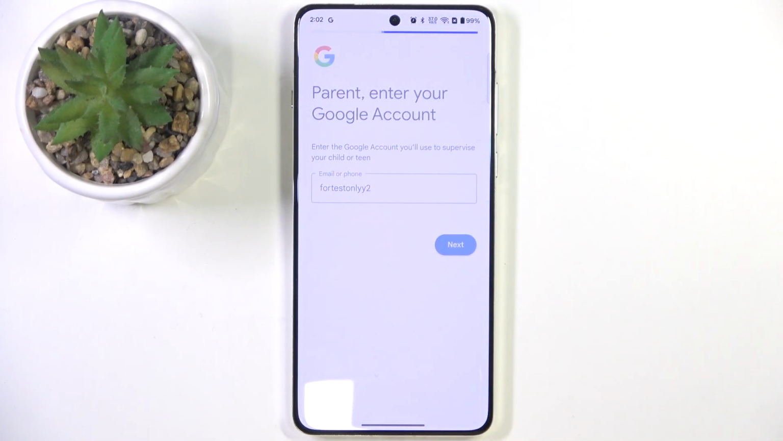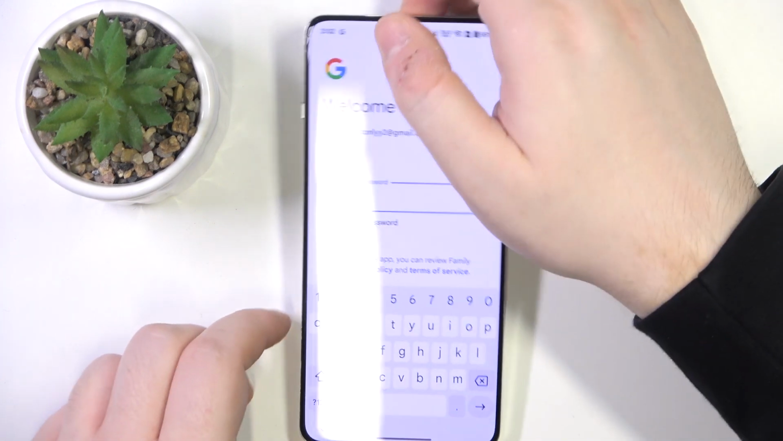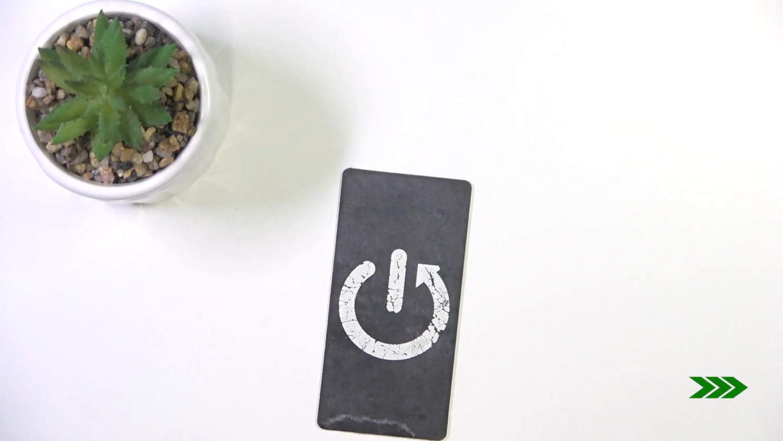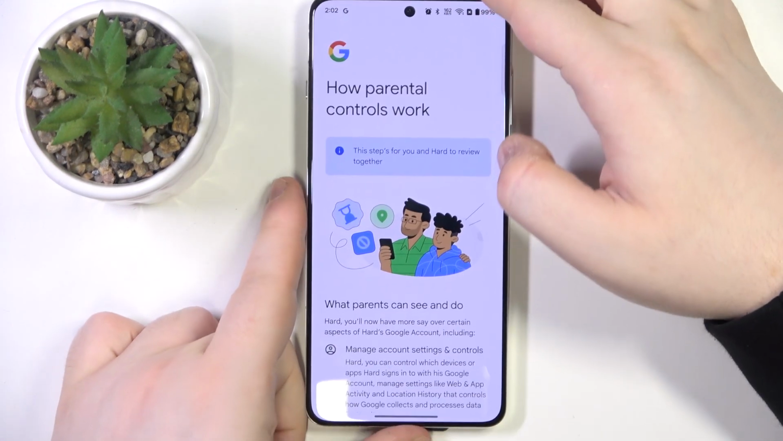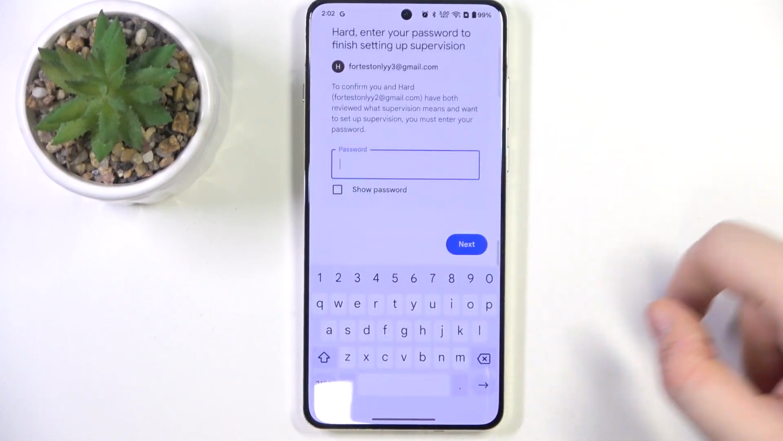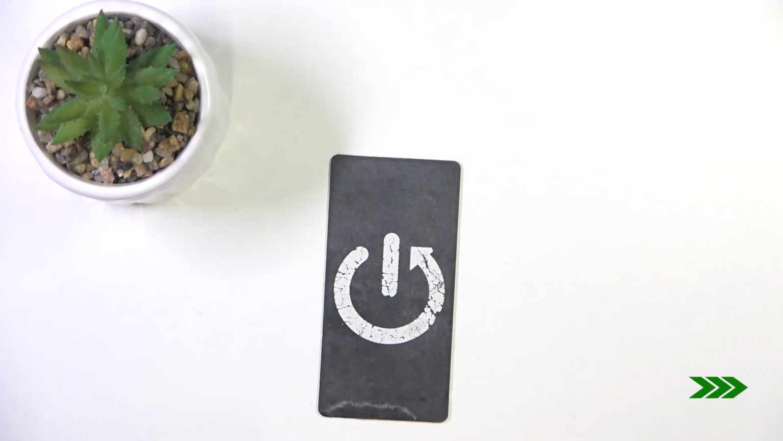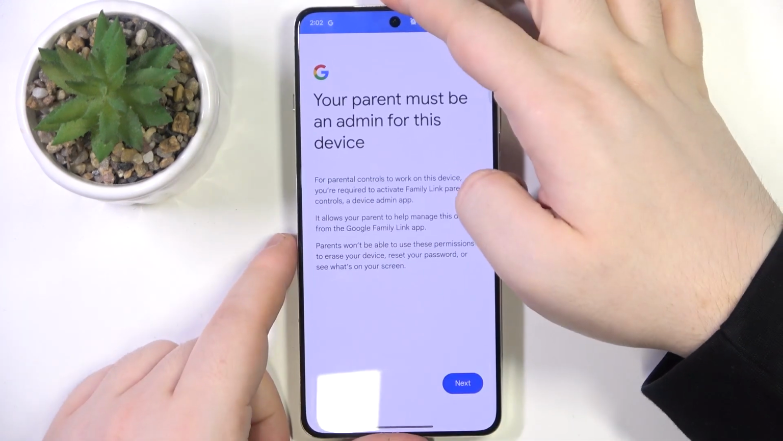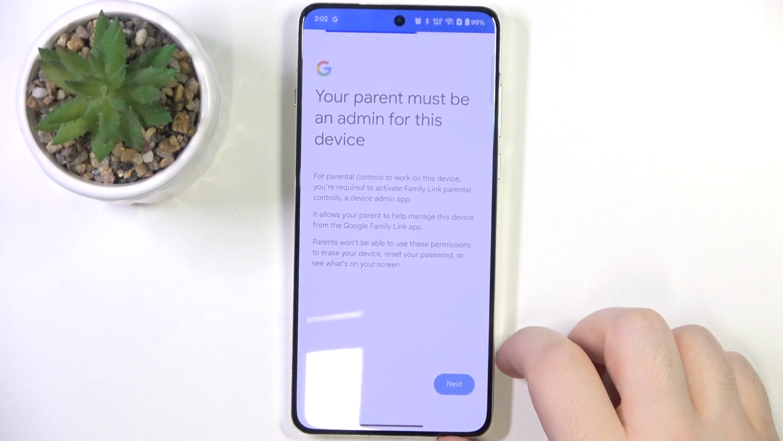Then click next, and now you have to enter your parent password. And now I have to scroll down, and here you have to enter your child password again, and then click next